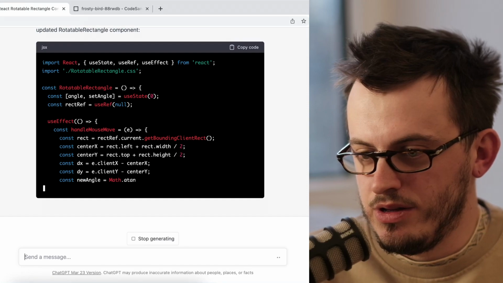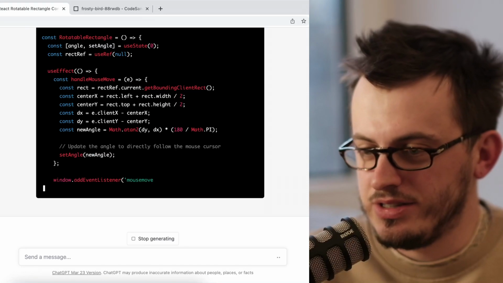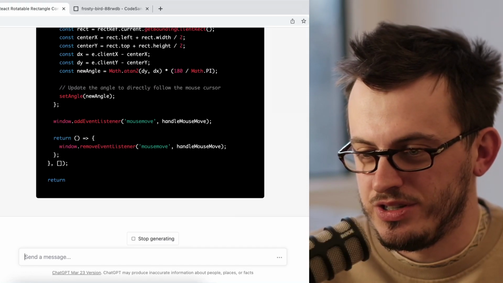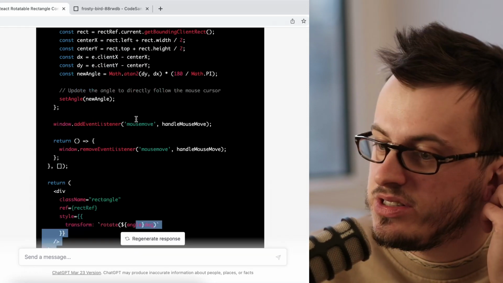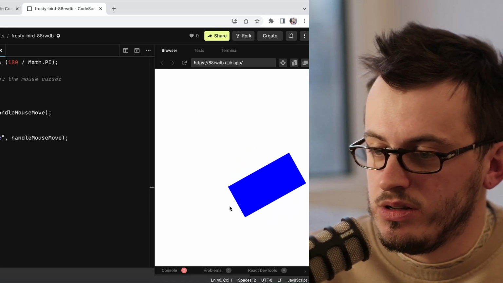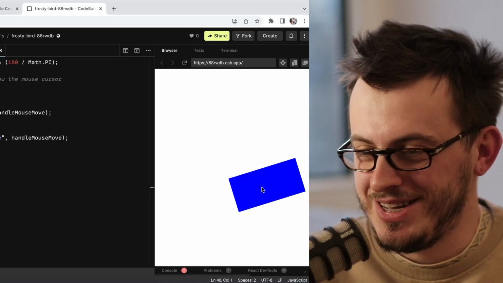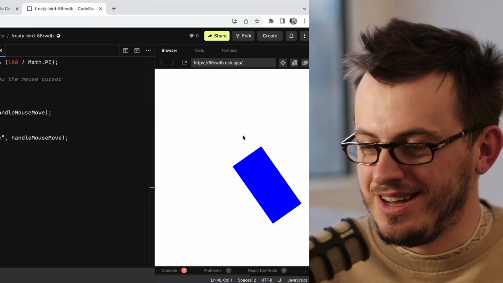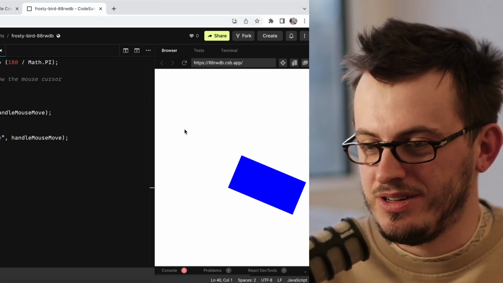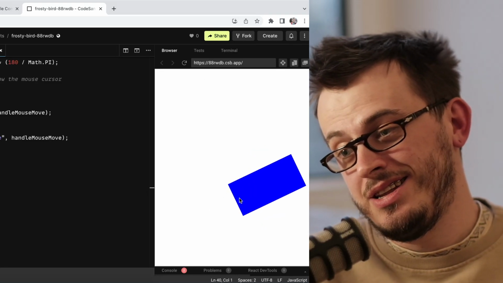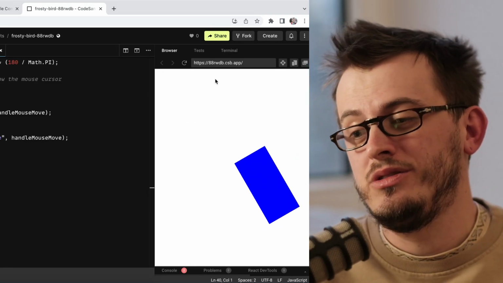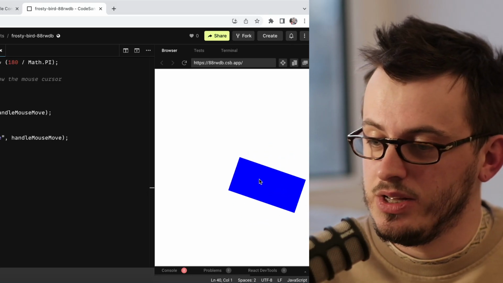And it looks like it's simplifying the code, because now it's just taking an angle and applying it straight to the block. Let's test it. Cool, it works. Nice. I'm actually surprised that it always works from the first try, because it's not the easiest component to build, but it's still good.